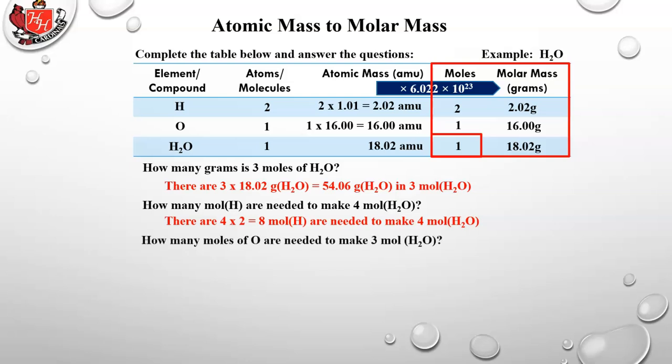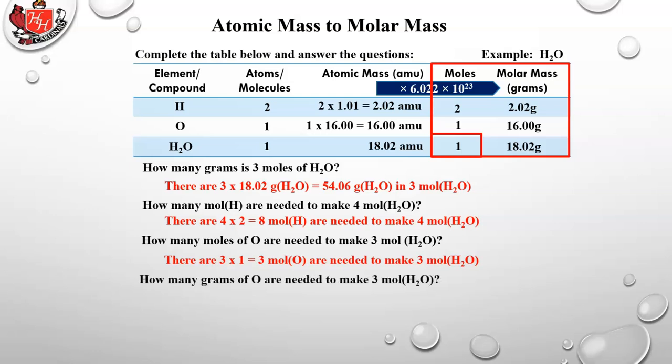How many moles of O are needed to make 3 moles of H2O? Okay, so you need 1 mole of oxygen to make 1 mole of H2O. So to make 3 moles of H2O, you need 3 moles of oxygen. And that's needed to make 3 moles of H2O. How many grams of oxygen are needed to make 3 moles of H2O? Well, to make 1 mole, you need 16 grams of oxygen. So to make 3 moles, you would need 3 times 16, or 48 grams of oxygen to make 3 moles